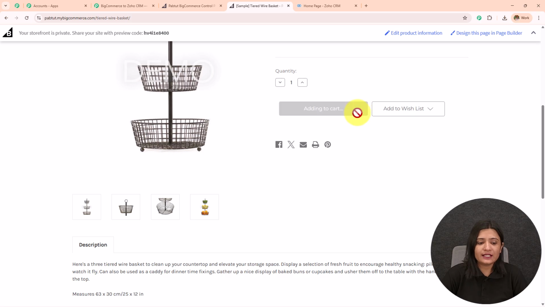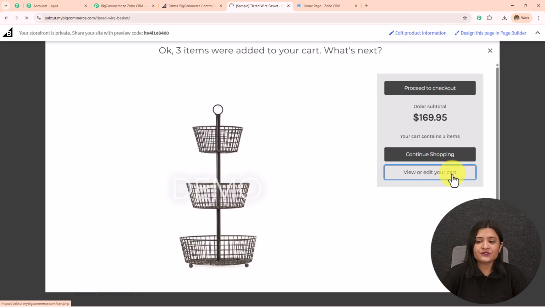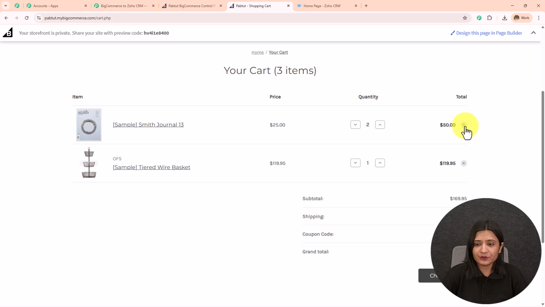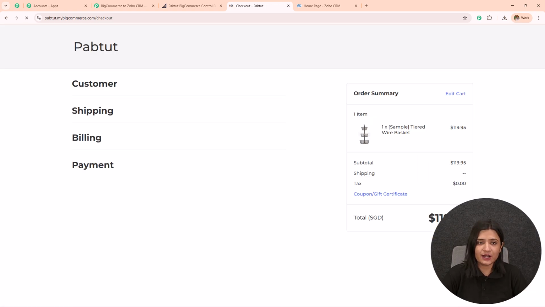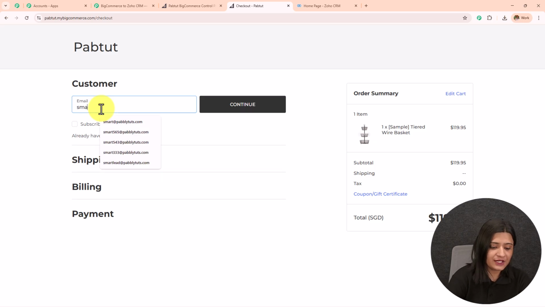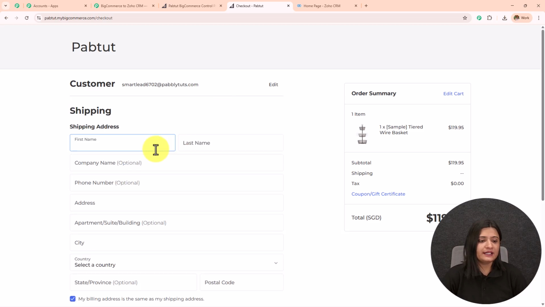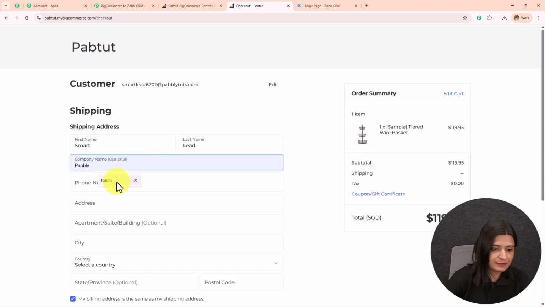So I'm going to add this to cart. I'm going to click on this view or edit cart. I'm going to remove this. I just want this basket. So I'm going to click on this checkout. I'm going to enter my email address as smartlead6702@pablitudes.com. And I'm going to enter my rest of the details, like the name is SmartLead, the company is Pabbly,